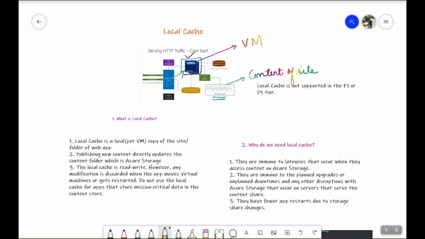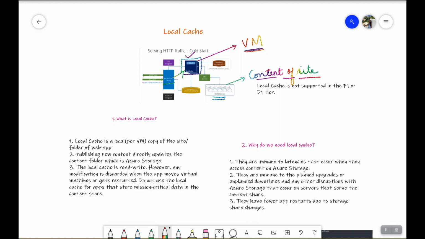This is called shared architecture, and most of the cloud architecture is on a shared pattern because even if something happens to this VM, it goes down, or we have high CPU, or we need to spin up another VM instead of this VM, we still have the content of the site intact on the blob storage account. We do not lose the content of the site even if the VM goes down. So this is why we have a shared distributed architecture over here.